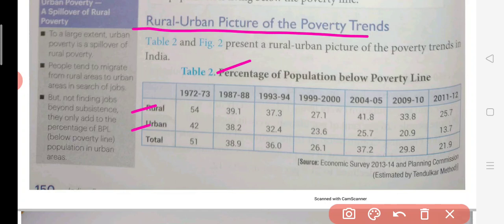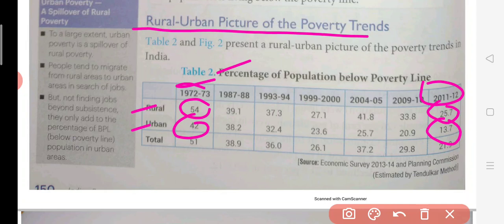What is the condition in rural area: in 72-73, 54 percent of the population was under the below poverty line, and in urban places it was 42. Now in 2011-12 it is 13.7% in urban and 25.7% in rural area. So you can see that from 54% to 25%, means the rural condition अभी भी इतनी अच्छी improve नहीं हुई है, still थोड़ा सा हल्का सा रिडक्शन जरूर दिख रहा है, लाइक 39, 37, 27, 41, बट द कंडीशन इज स्टिल वर्स ओवर देयर।